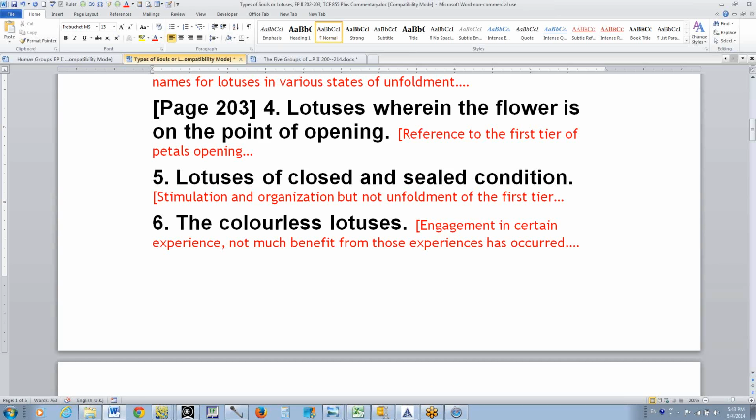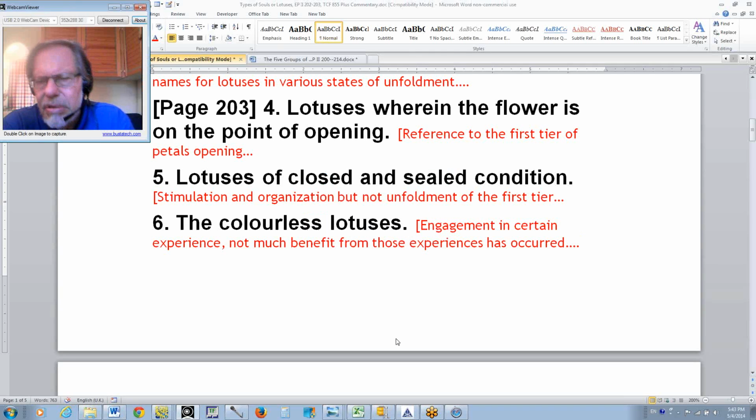All of this is pretty much under the supervision of the second person of the Trinity, the second Logos. The solar angel is not yet supervising the unfoldment of the lotus, which it does more at the unfoldment of the 5th petal. That's when the solar angel gets involved. So it's interesting what DK has essentially given us here